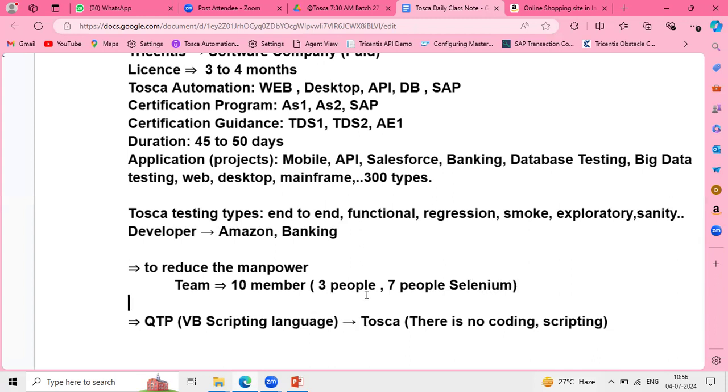Those who are working in Selenium, if you give some requirement to them, they may take more time to build the code, right? Are you getting my point? Yes, because we have to code it, similar to a developer.